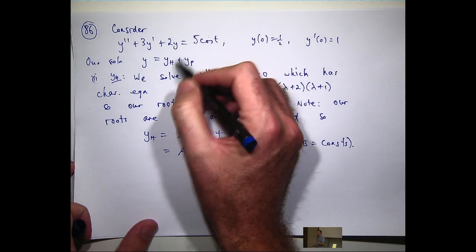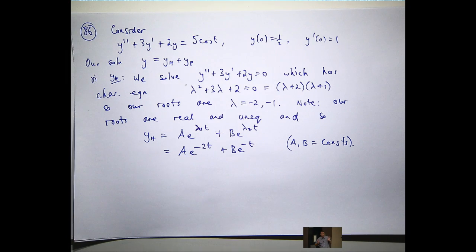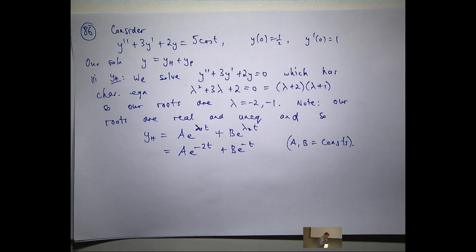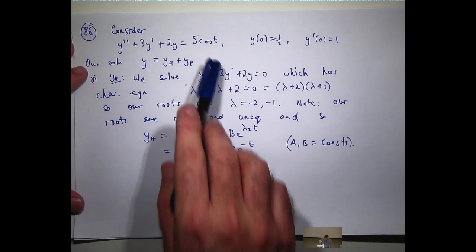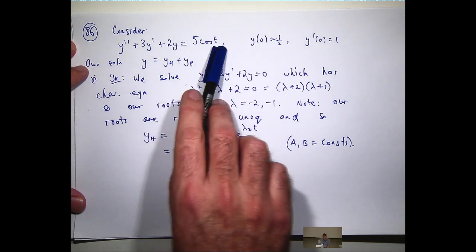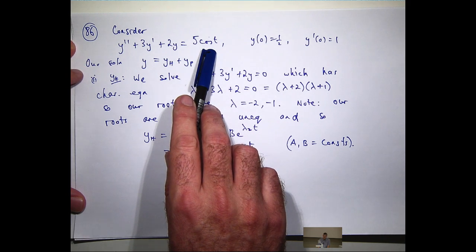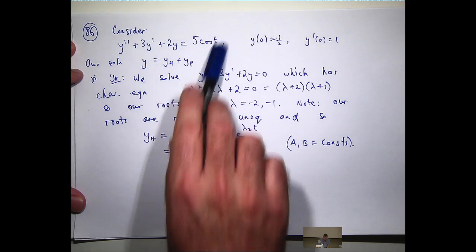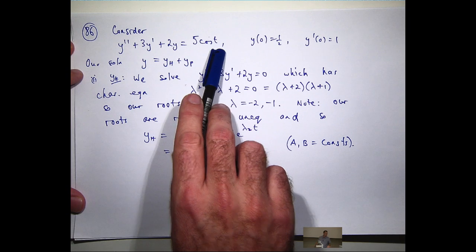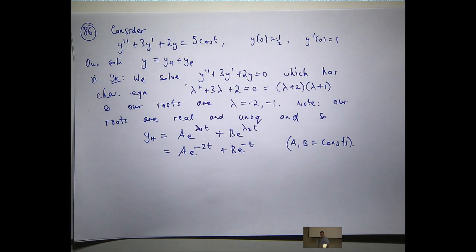How do we find this y sub p? Well, we need to construct the solution, that y sub p, somehow. And a good choice is to look at the right-hand side of this equation and make a choice based on the structure of this function. Okay, it's a cosine function. So many students go, oh, just make my y sub p c times cosine t. No, that won't work in general. So don't